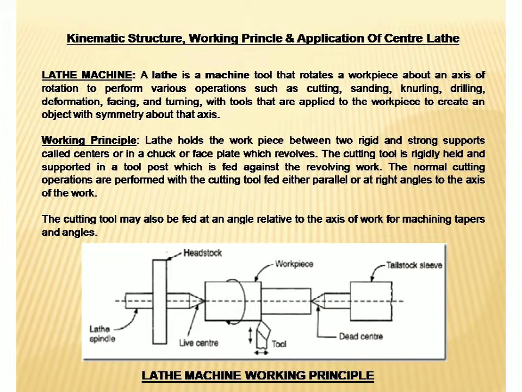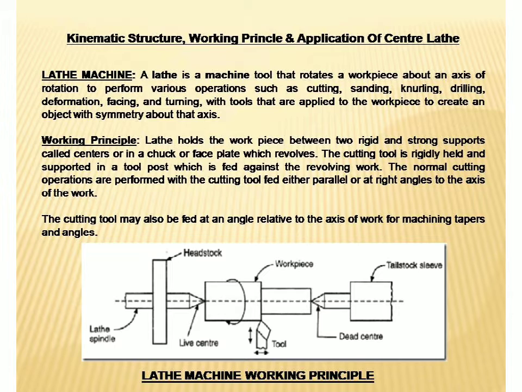A lathe holds the workpiece between two rigid and strong supports called centers, or in a chuck or faceplate which revolves. Okay. The cutting tool is rigidly held and supported in a tool post which is fed against the revolving work. The normal cutting operations are performed with the cutting tool fed either parallel or at right angles to the axis